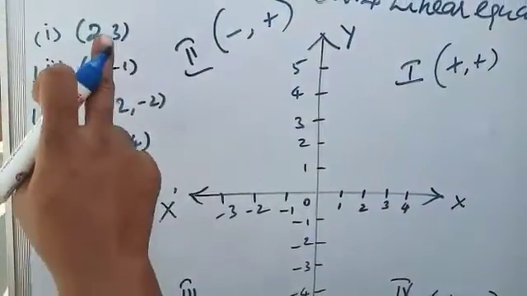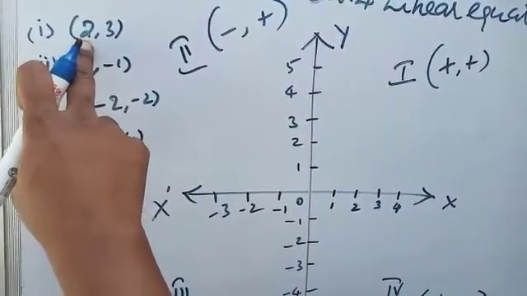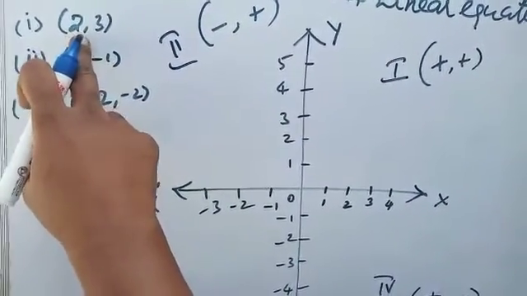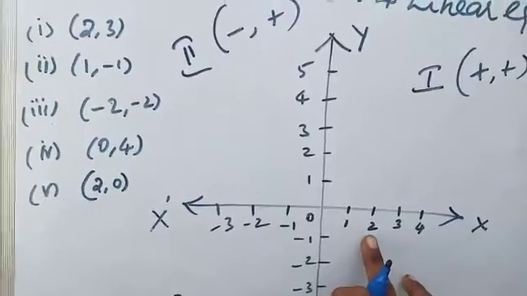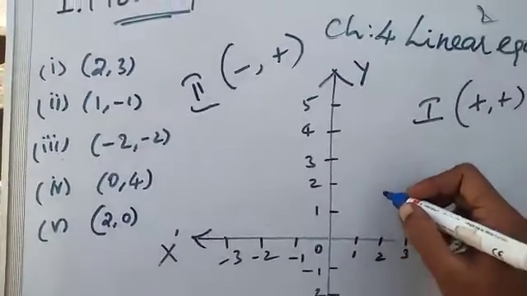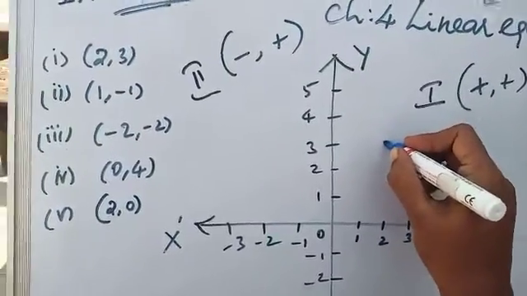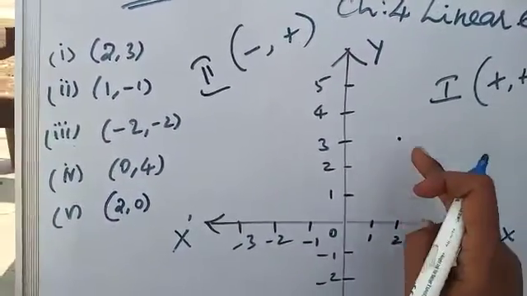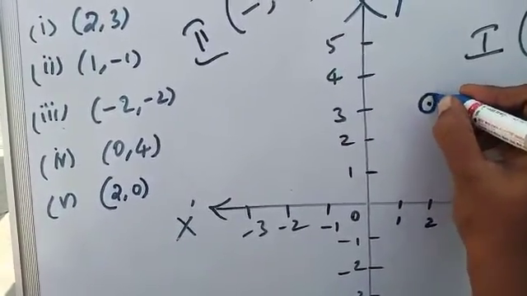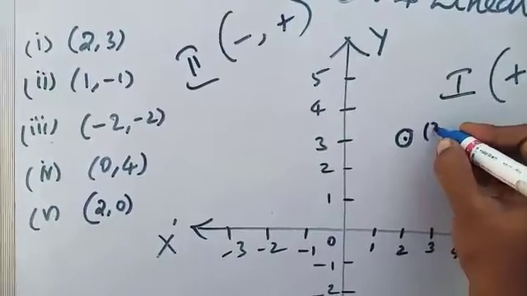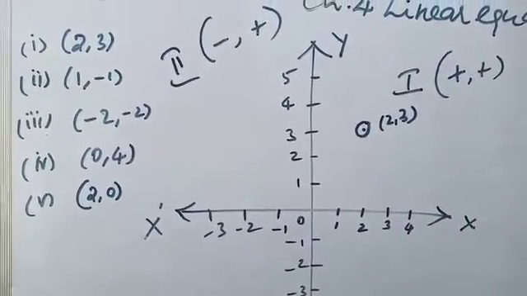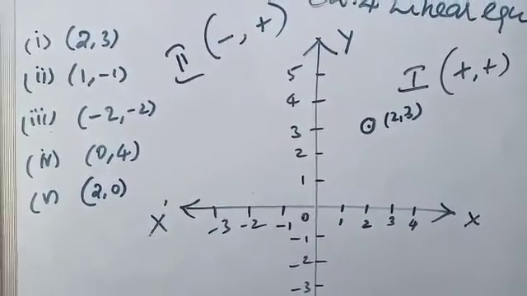Yes, the first one. Often you have to take the first one as x. This is the x value, this is the y value. Where is the x positive 2? 2 is here. The x value is 2. Then you have to go straight up because the y value is positive only. It lies here. See, this is 2. The y value is 3 now. Then you have to mark a point and circle it. Near that you write (2, 3).